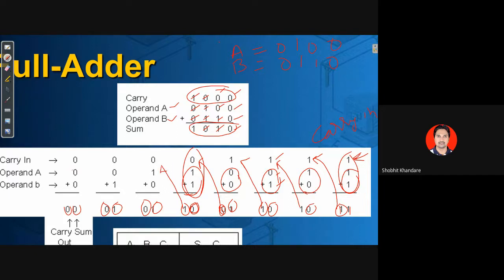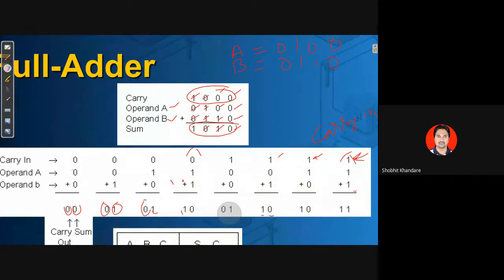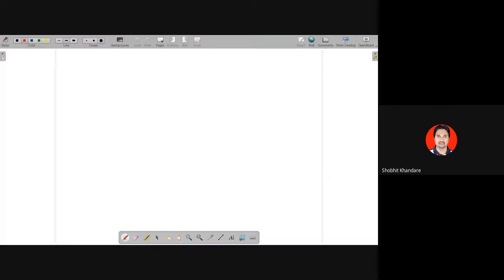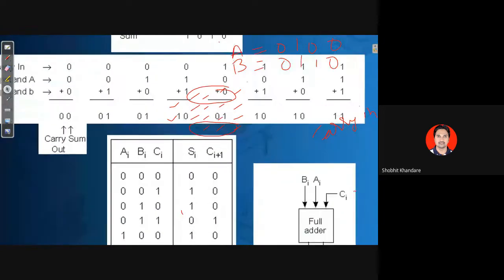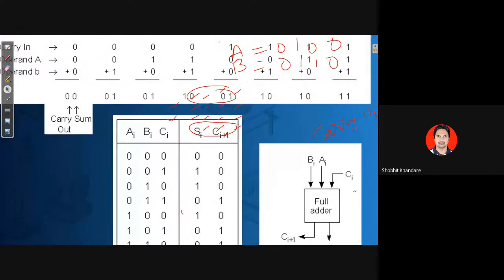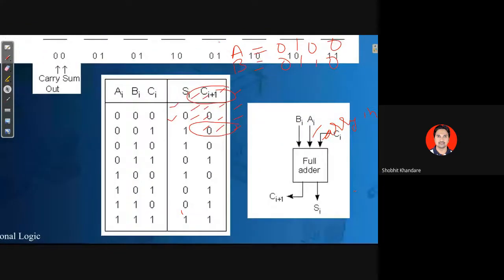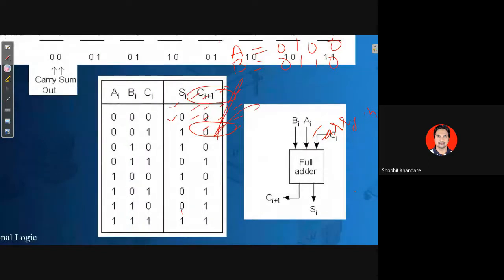So here what I have to tell you, that in all the cases, if the problem is of addition of 3 bit, then I cannot take the help of half adder. I have to go with full adder. Okay, so if I have to go with full adder, see here now, the table is different. Now what is the difference? See here, you will be able to understand. Now here I have to consider what? I have to consider 3 variables. A और B तो हम पहले भी हाफ एडर में लिया था, लेकिन मुझे आप और एक देना पड़ेगा, that is called as carry in. I have to consider carry in.